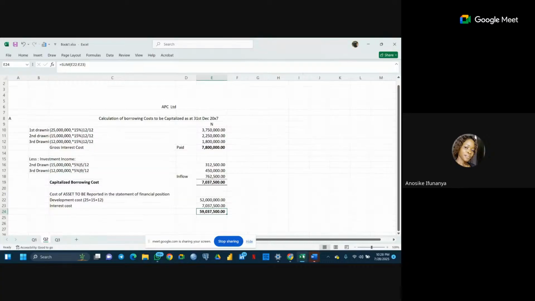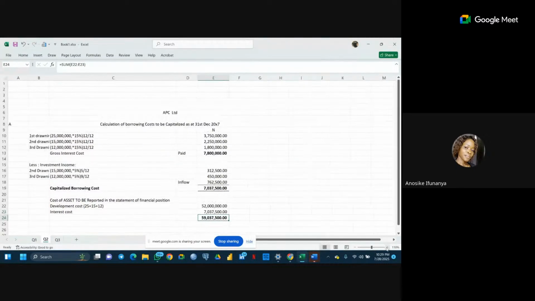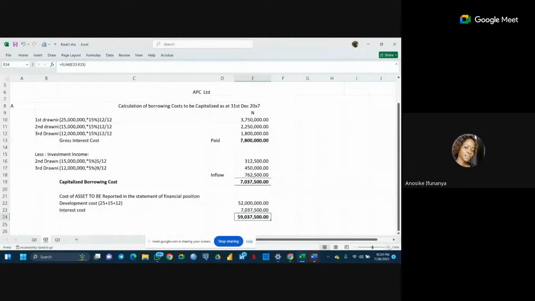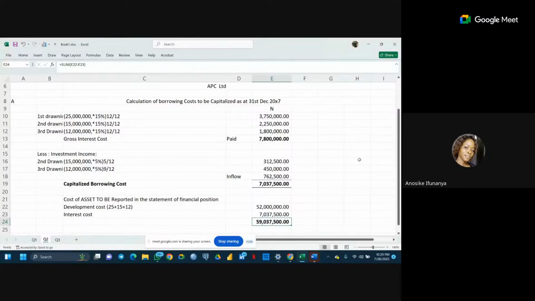Number one is the question stated that 55 million was borrowed, but from all indication, we have 52 million utilized. Where is the 3,000? Number two is I'm still trying to understand this 5/12 and 9/12, and the capitalized borrowed cost is not very clear to me, sir. Please, I don't know if you can still explain these investments. I understand the part of 50 million times 5%, 12 million times 5%, but